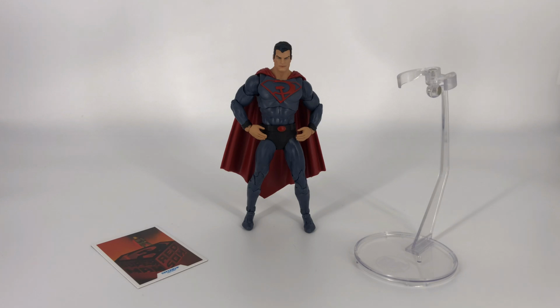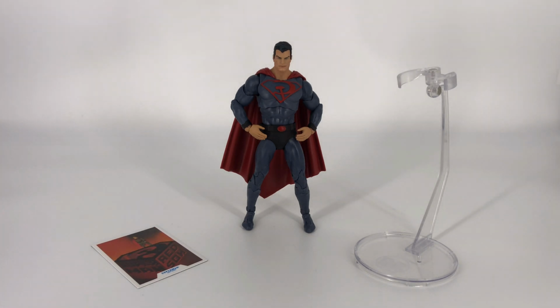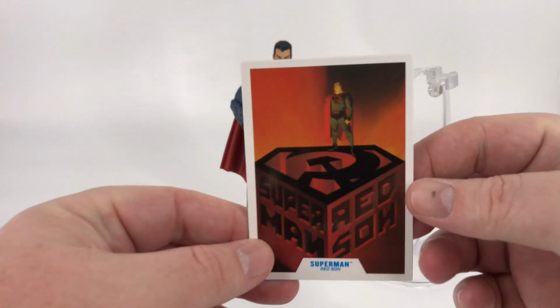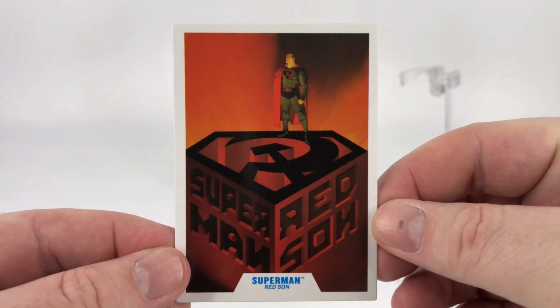Behold, laid out here before you is everything that came inside that box, and well, frankly it's not a lot, but this is kind of par for the course for Superman action figures. I mean, he is the weapon, so what more do you expect, right? But he did come with a couple of things, and we're going to take a look at him, and we'll start over here with his bio card, and start on this side, and there is that Soviet-era style propaganda poster